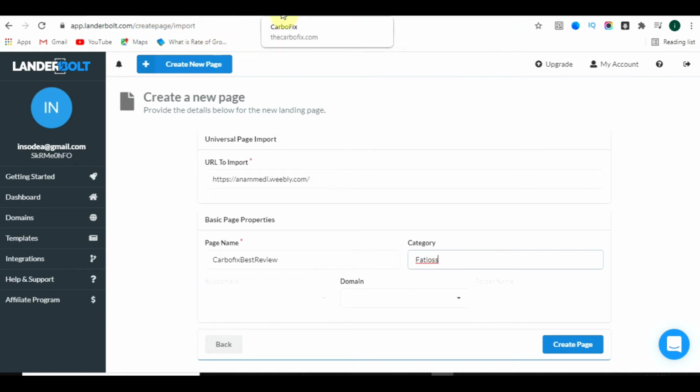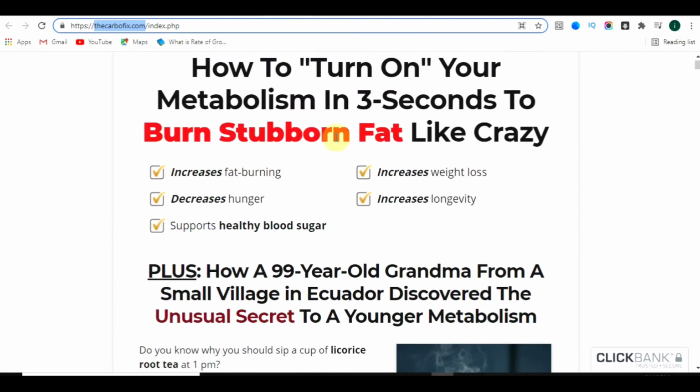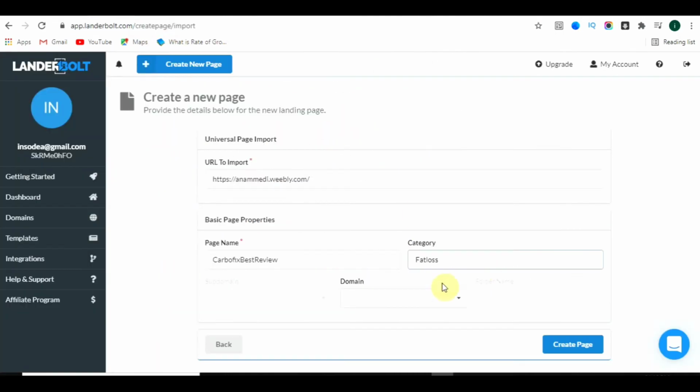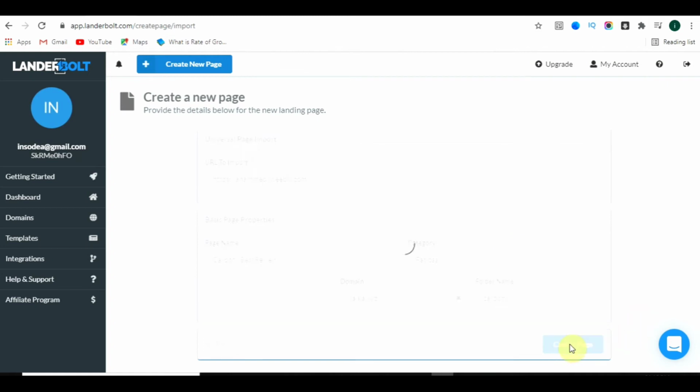Let me see it. Yeah, this is the fat loss product. So just make it fat loss, and here you can select the domain which they will give you for free. After that you can make the folder name like Carbofix, and that's it. Just click on create page.